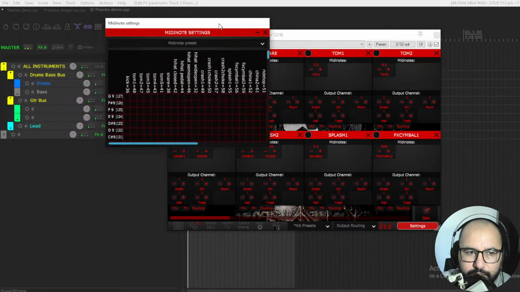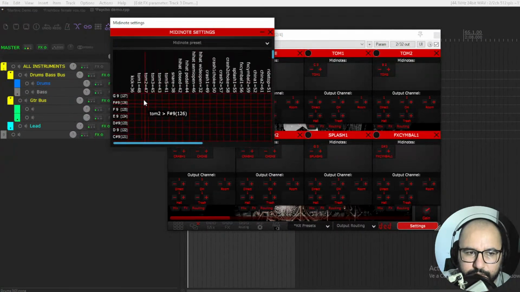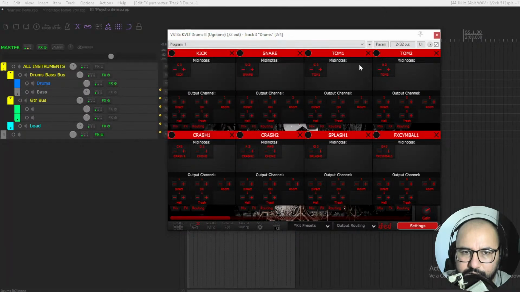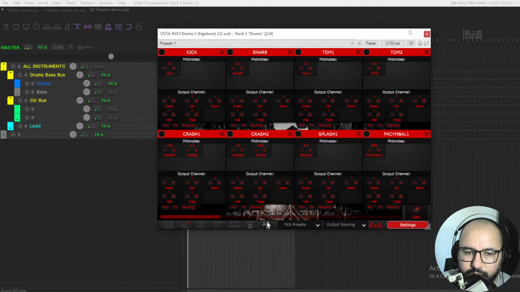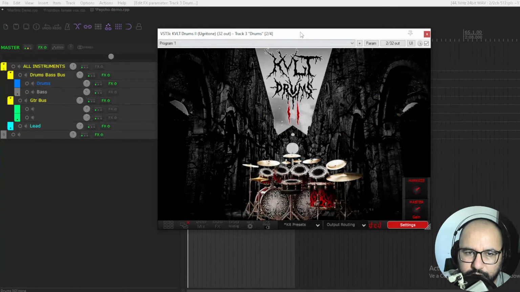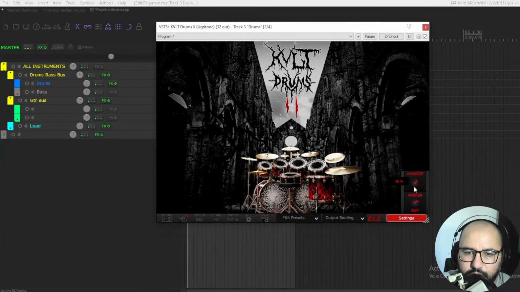You can also use this grid to route specific parts of the drum kit to a MIDI note on the MIDI keyboard or virtual MIDI keyboard. And here you have the raw sound. You can also use this humanize function to add a bit more imperfection to the drum performances and samples,